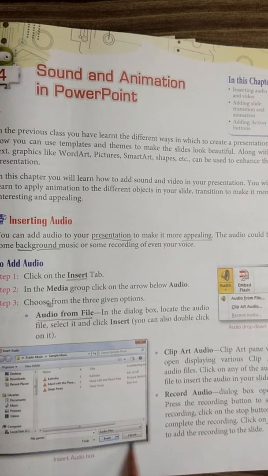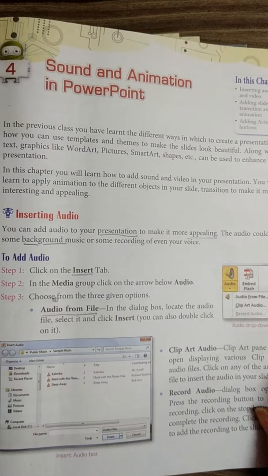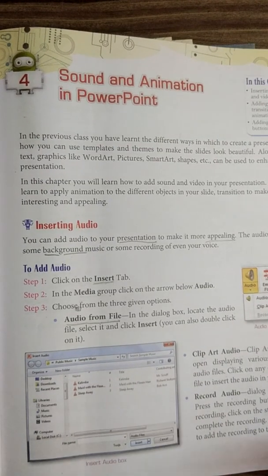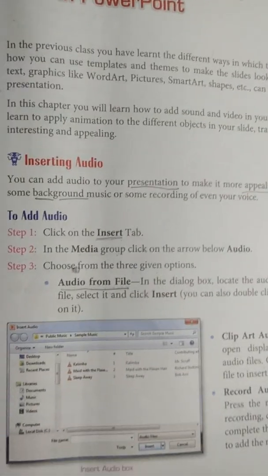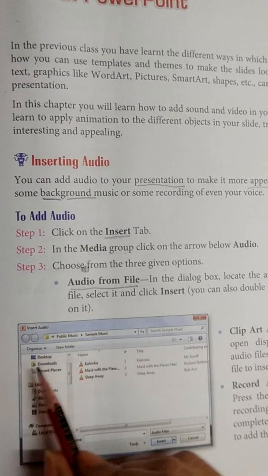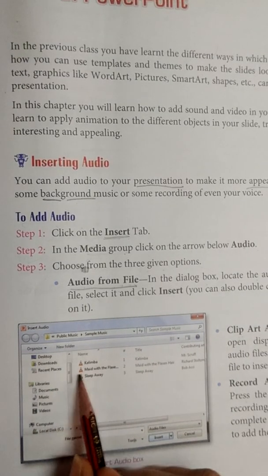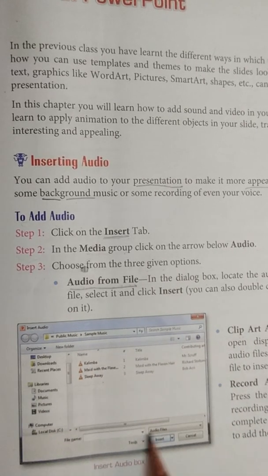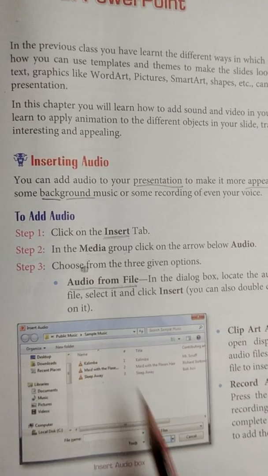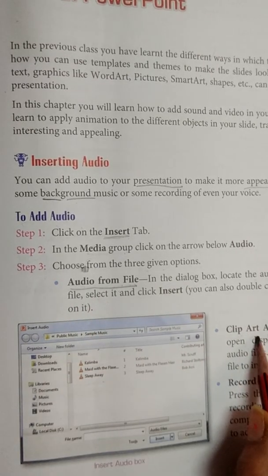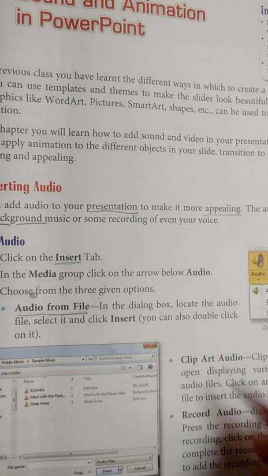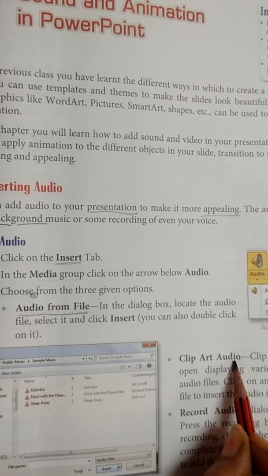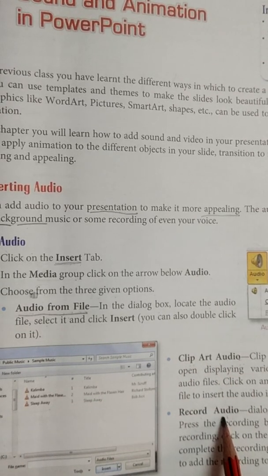You can see this dialog box also. This is your insert audio dialog box. Okay, I'm increasing the size so that you can see it properly. This is your insert audio dialog box. Here some files are there. You can see, you can simply click here and click on the insert button. That particular audio will be inserted in your first option. Okay, for the other two options, the clip art option is present already inbuilt in the system, and for the last one, you have to record your own voice, and that can be inserted to our slide.